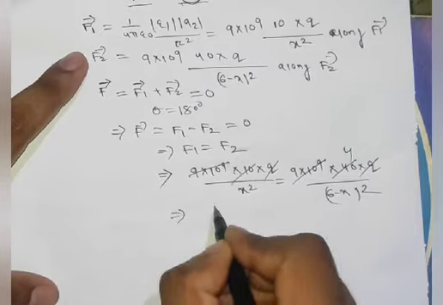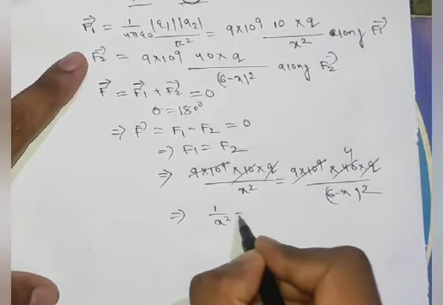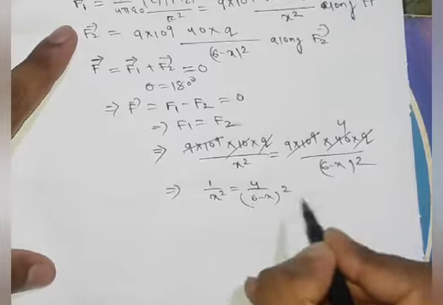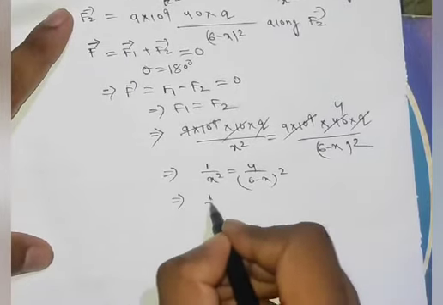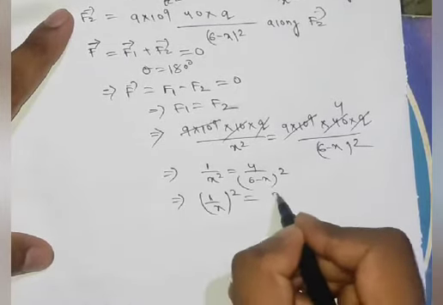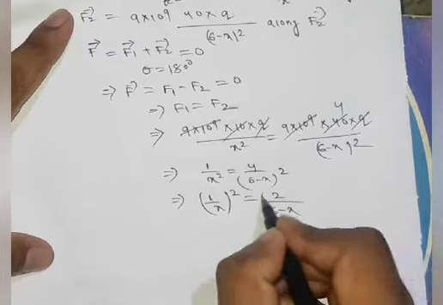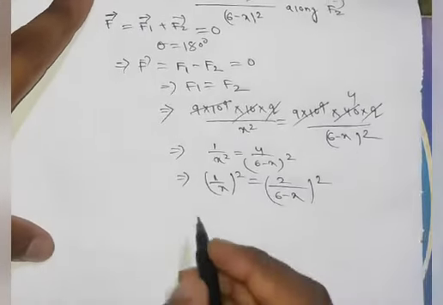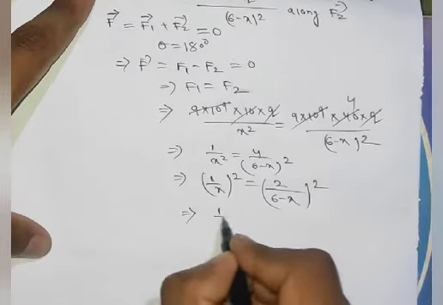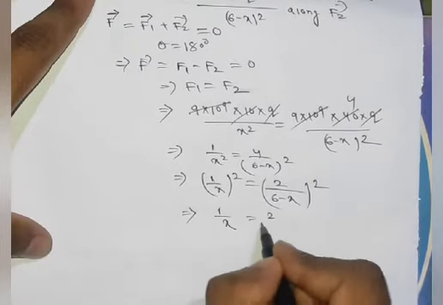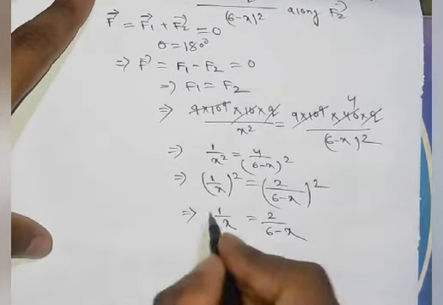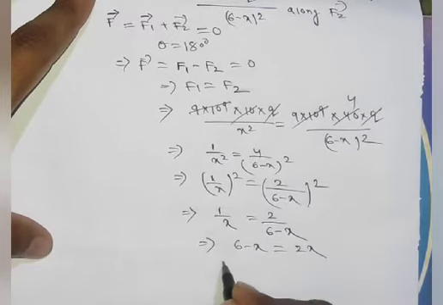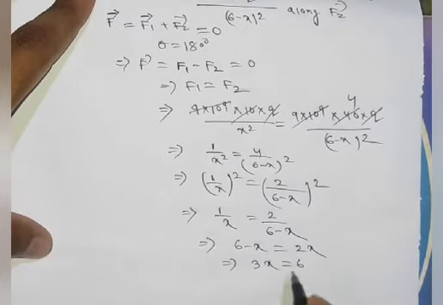So simply we got 1 by x square equals 4 by (6 minus x) whole square. So this will be 1 by x whole square, and this is 2 by (6 minus x) whole square. If we take the square root on both sides, then it will be 1 by x equals 2 by (6 minus x). If we take the cross product, it will be 6 minus x equals 2x, 3x will be 6,